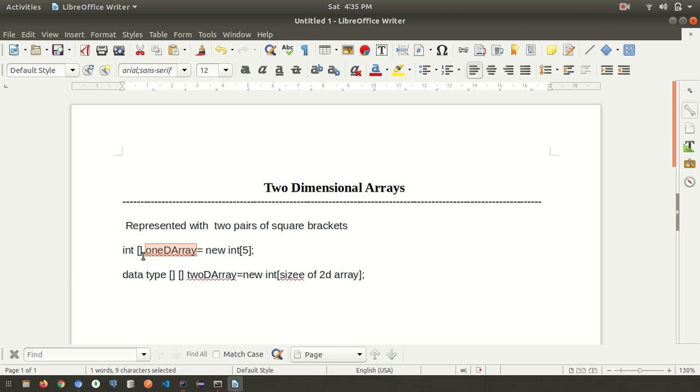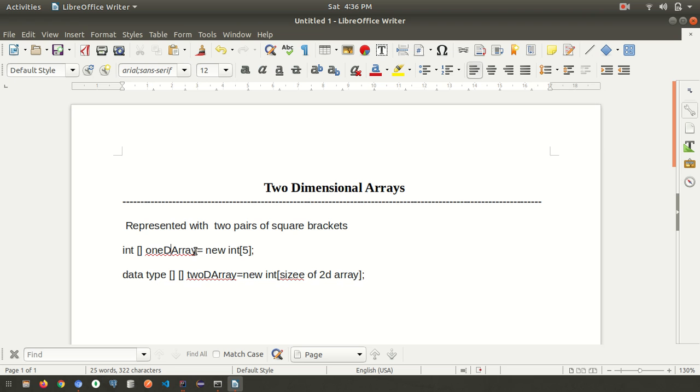In that memory location there will be indexes from 0 to 4, so 0, 1, 2, 3 and 4. Total 5 elements we can store, and the data is stored in a sequential manner. We discussed that in the last video. The thing is, in a two-dimensional array, the data will be in rows and columns.